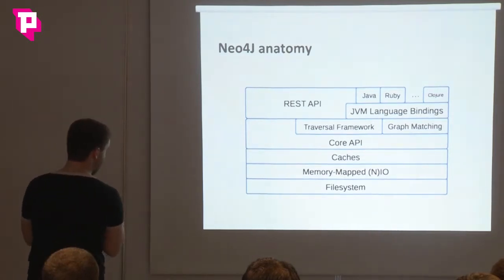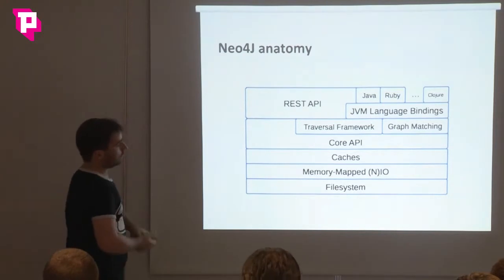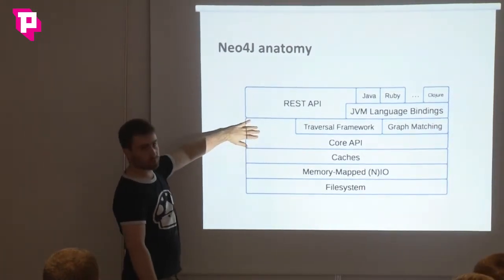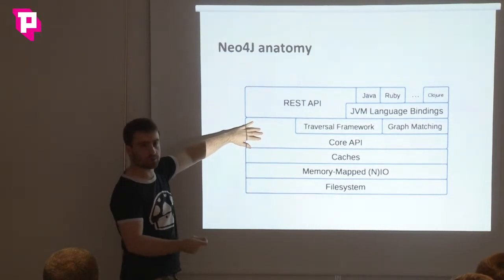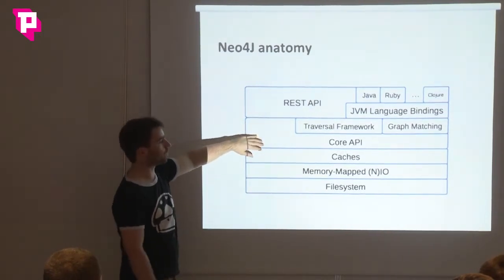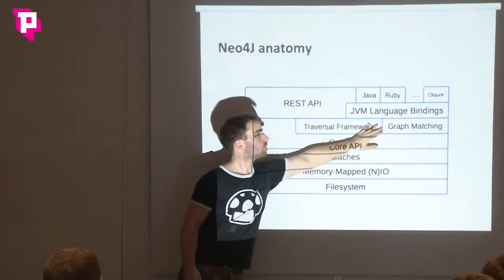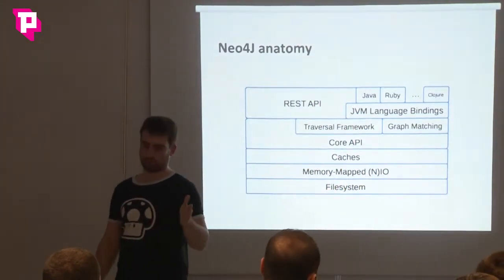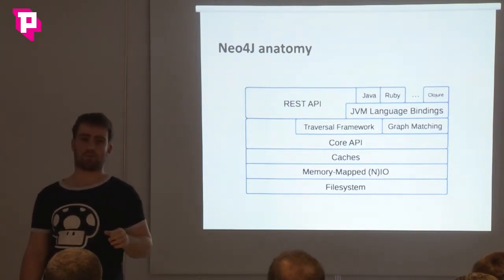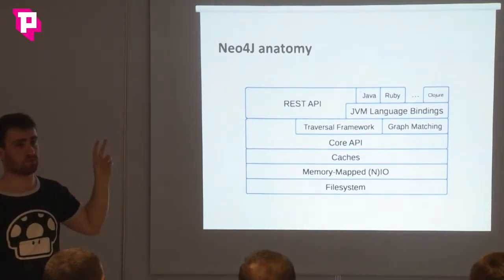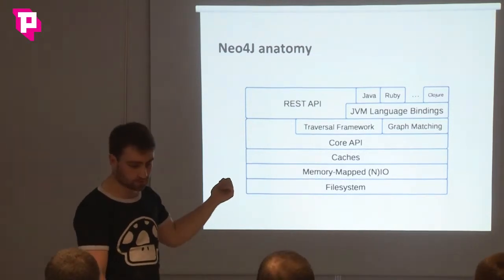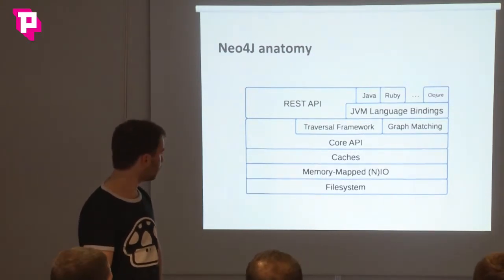So now let's dive a little more into the product. The layers are classical. There's a physical layer here. You will be very interested in the core API. What can I do? What are the atomic operations? How can I query data? And I will talk very little about the other parts, because if you don't use Java, if you're outside the JVM, you can use REST API clients, and you can use it almost the same way as I'm going to show right now.